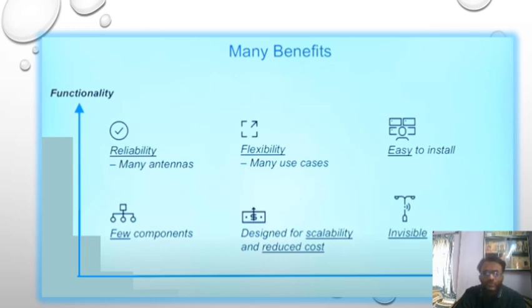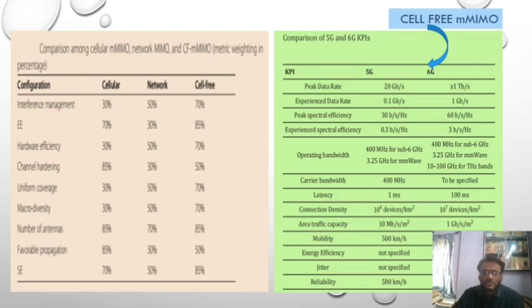It also has fewer components, rather than needing a huge number of antennas and active devices. These are the advantages, and therefore the electrical efficiency and hardware efficiency in all cases are very good for cell-free MIMO. The number of antennas in the cellular and cell-free cases is almost the same, and the spectral efficiency increases. This is one of the advantages, and definitely the peak data rate corresponding to cell-free massive MIMO is given